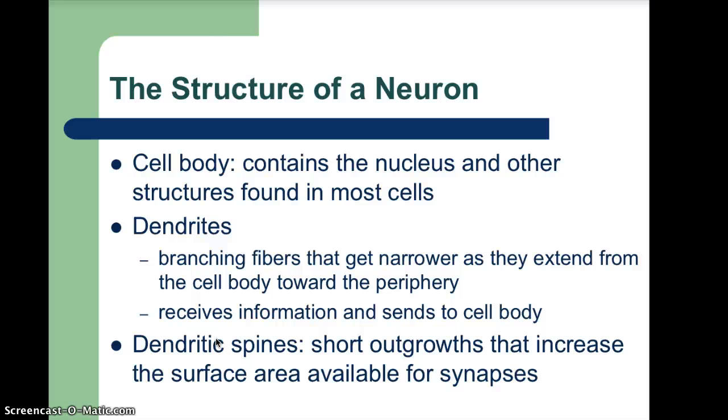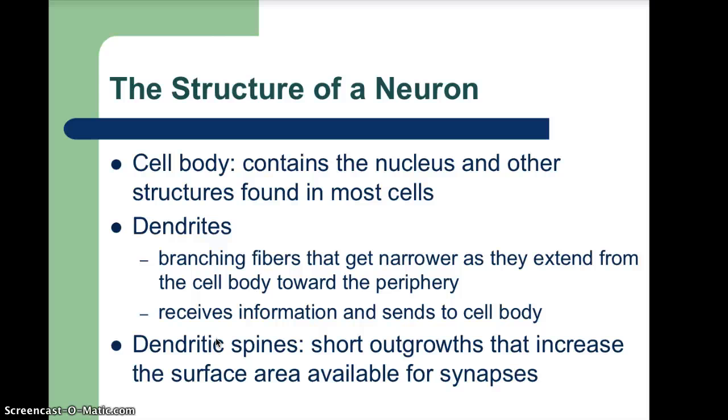These are branches, and dendrite comes from the Latin meaning branch, so they look kind of like little trees. And they narrow as they get towards the periphery. They receive information and send it to the cell body, so they're taking in information generally external from the neuron itself, sending it into the cell body,